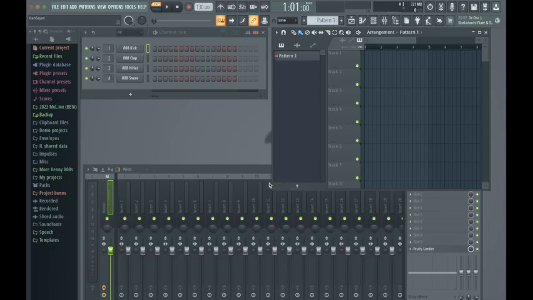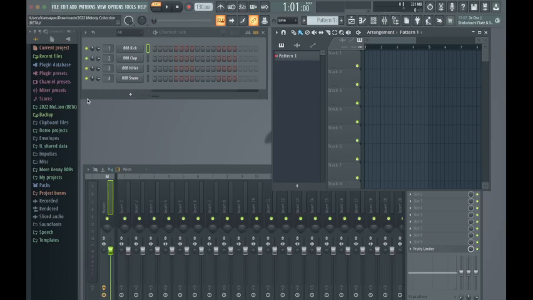So when you first open FL Studio, it might look really overwhelming because there's a lot going on the screen right now. For example, you can see the playlist, the arrangement of all the tracks and patterns that you'll make. There's the channel rack, the mixer, all this stuff going on the top. But to start off with very basic navigation, the browser on the left side is the most important bit to